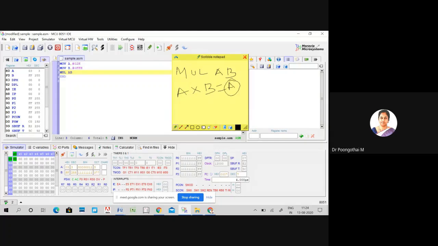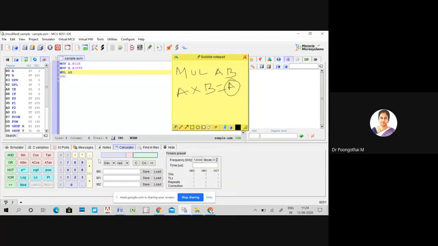Okay. So first we multiply FF by 2. FF into 2, so what is the answer? 1FE.